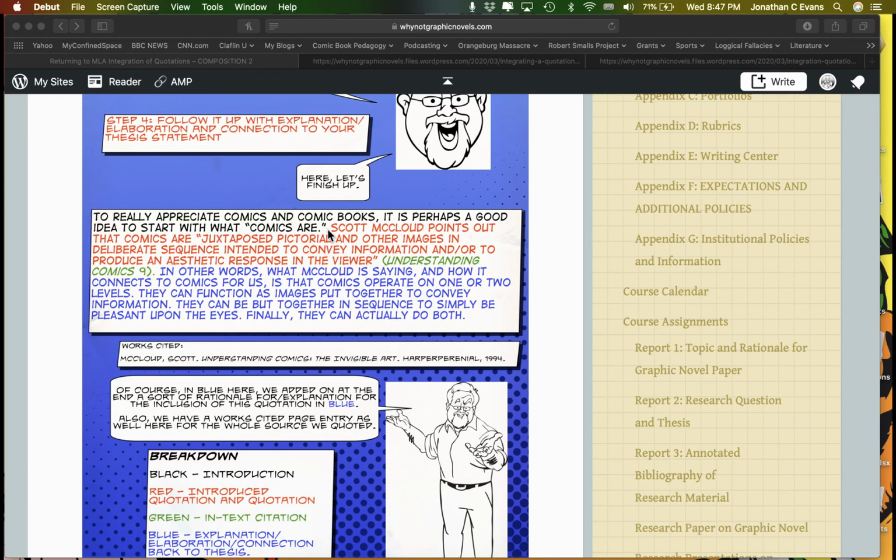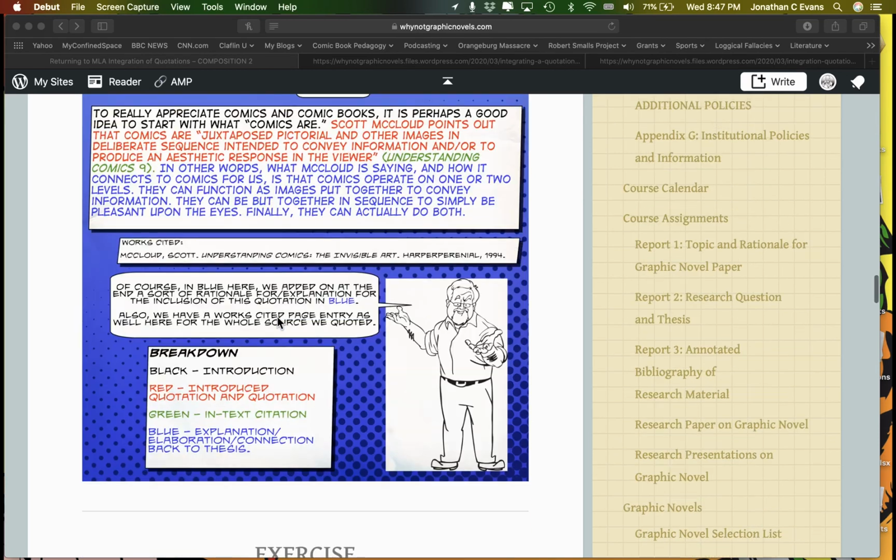And then rather than have a statement or claim, I just go into an integrated quotation. There's my citation. And then I explain. Basically 3 sentences here, actually 4, where I then try to set up not only an explanation, but a bit of transition. I did a little color coding on that.